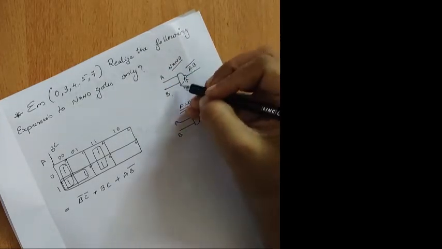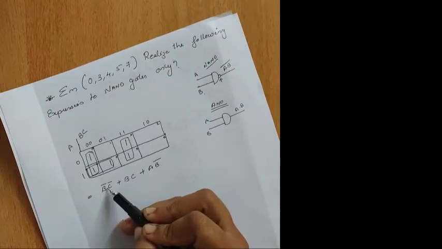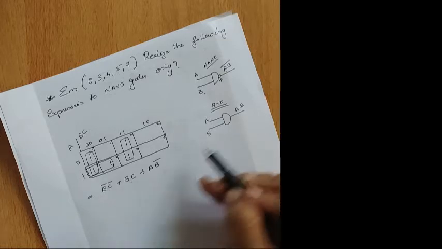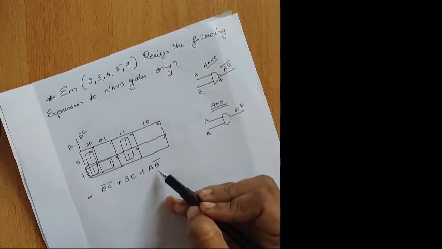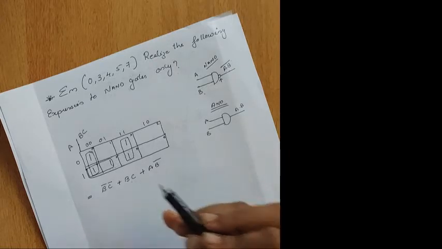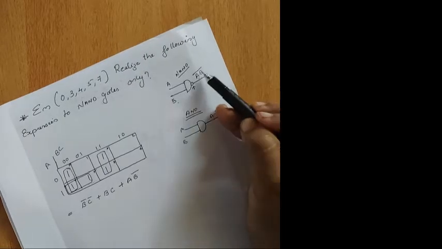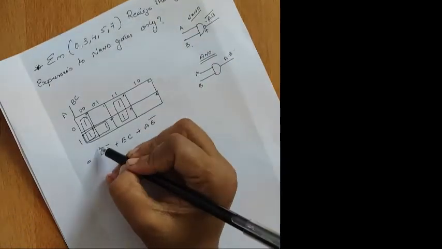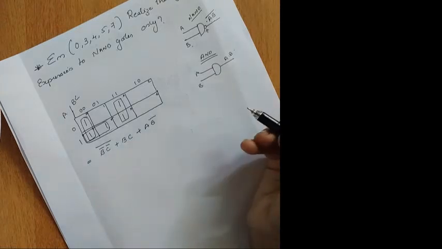That means you have to note the data. For noting that, you can see this is B bar, C bar. This is A into B. Isn't it? This is also, for example, I'm telling you, this is B into C. This is A into B bar. So this is all in the AND condition. You have to convert this AND to a NAND condition. So A into B, to convert to your NAND condition, what you have to do? You have to give a bar over there. A into B, the whole bar. So I'm giving a whole bar over here. So that means this AND expression is converted to a NAND expression.